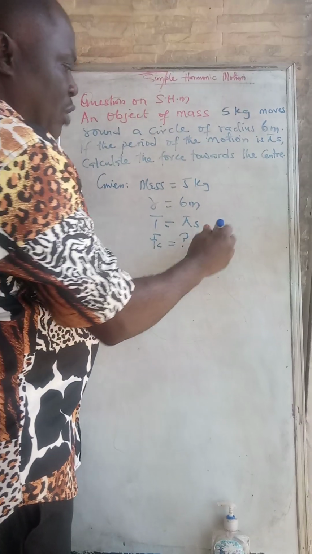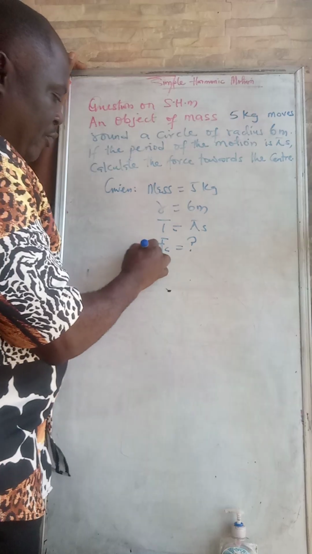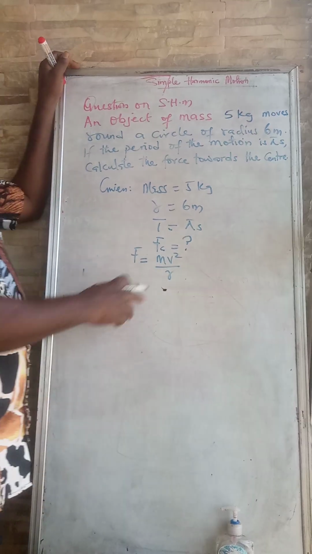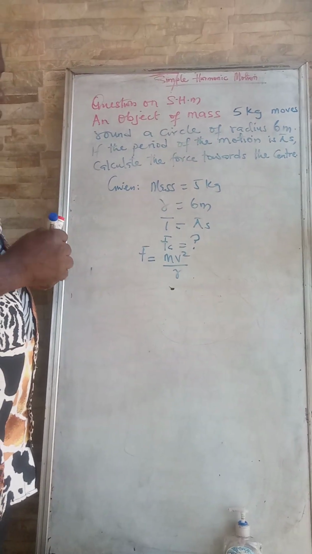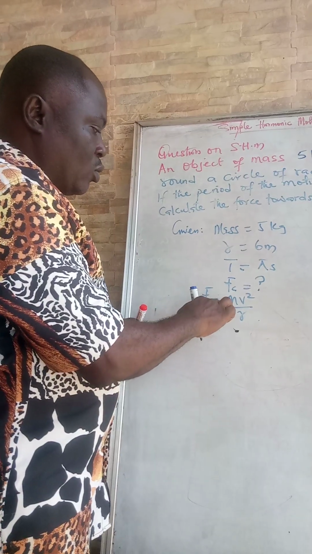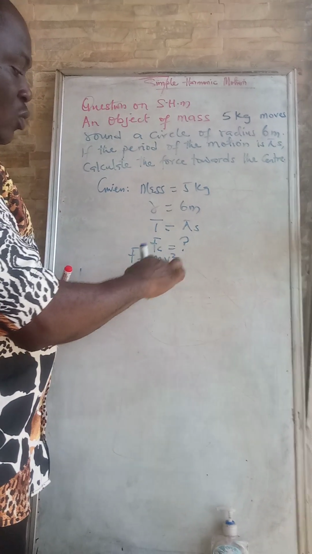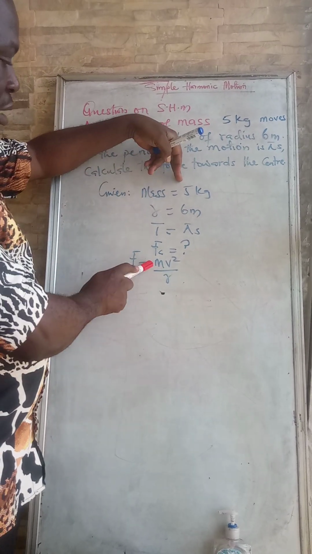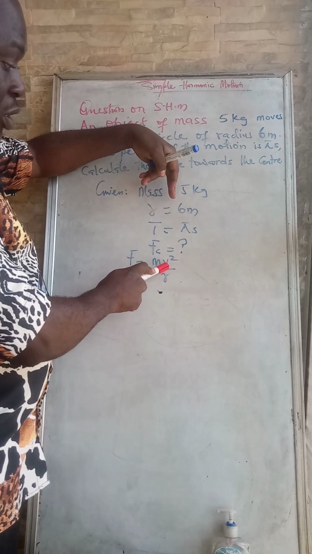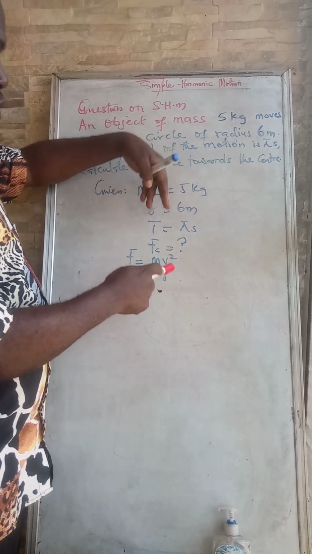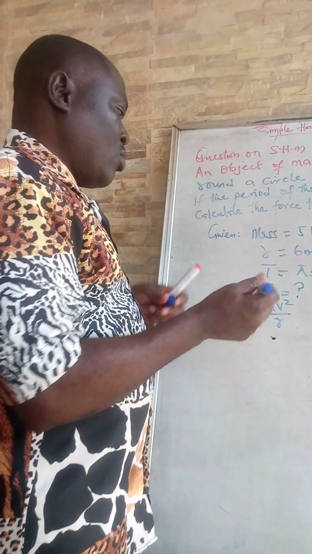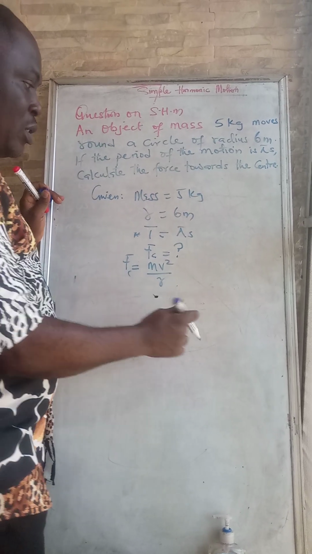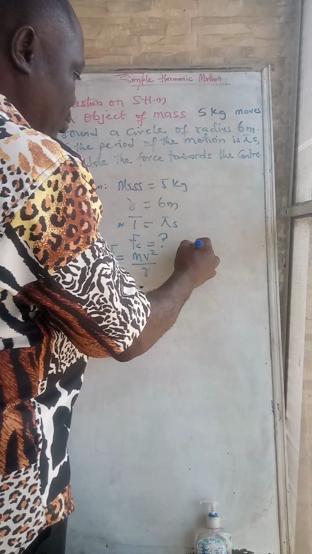Now, if we look at the formula for centripetal force, you have F is equal to mv squared all over r, that is the radius. This is the centripetal force: mass times velocity squared over r. Now let's see, if we look at what is given, there is mass, that is this. There is no velocity, but we have radius. So how do we get our velocity? Now we know that this is given and this is not required, even here based on this formula we are using. So we can say that period